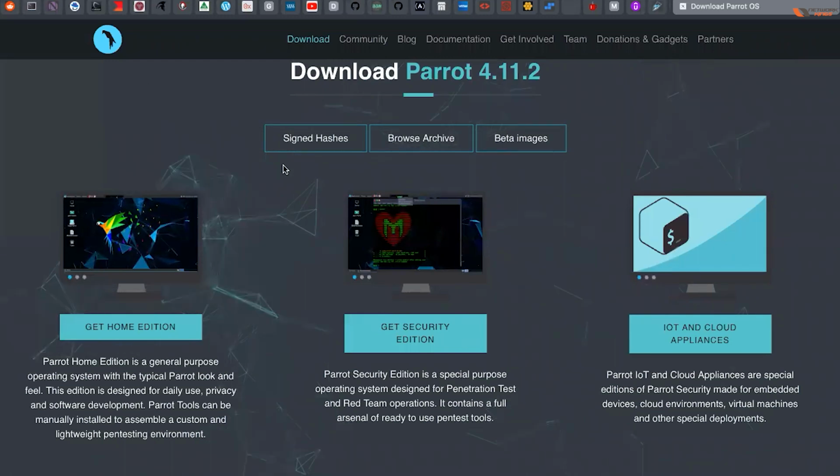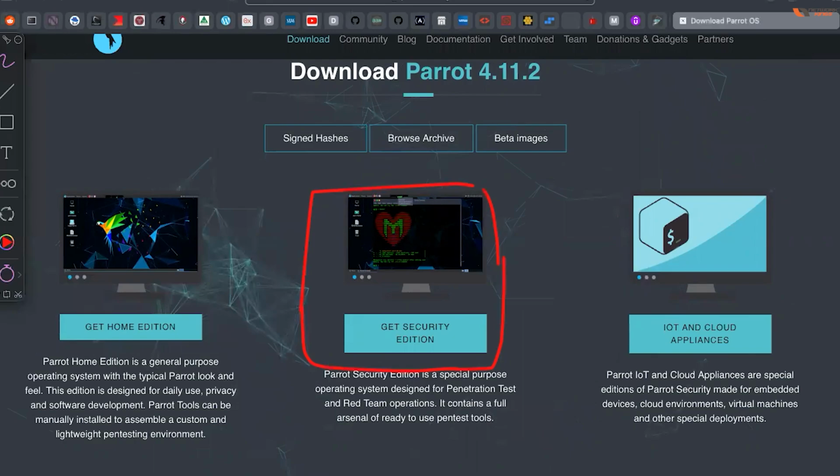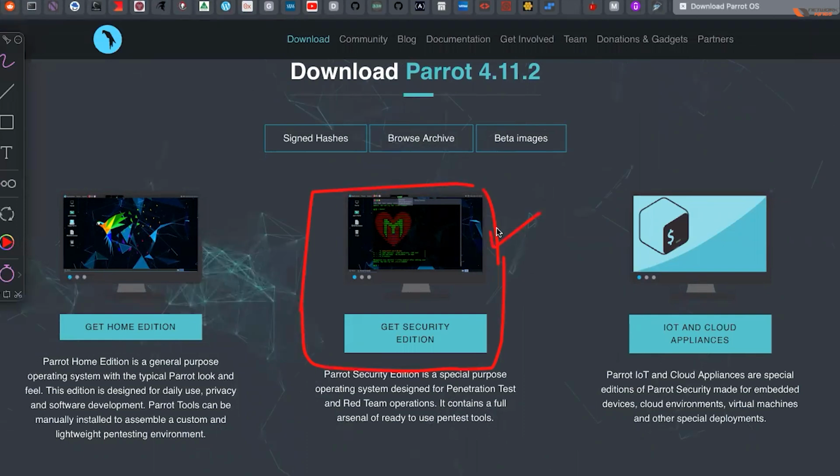Okay. Now there is one more distribution here that is used for overall cybersecurity, which is this one. Okay, इसका नाम है Parrot Security. So Parrot Security has almost all the tools that Kali Linux has. And if you want to learn malware analysis, then you can use Parrot Security as well. So this is a really good operating system. And just to let you know, ये जो operating system है, this operating system is lighter than Kali Linux.